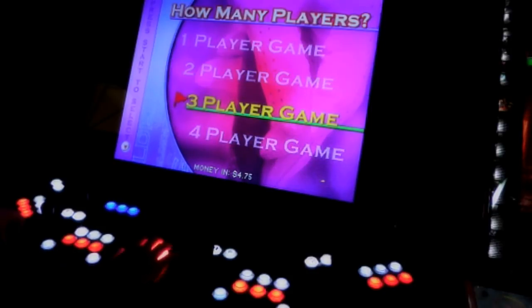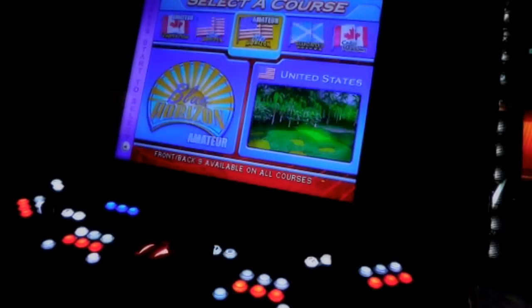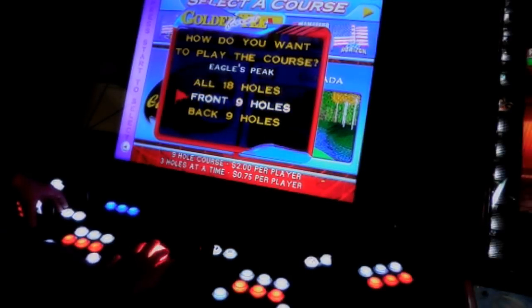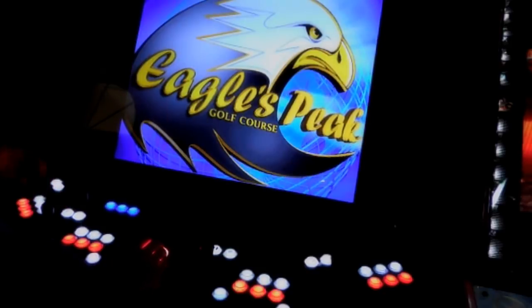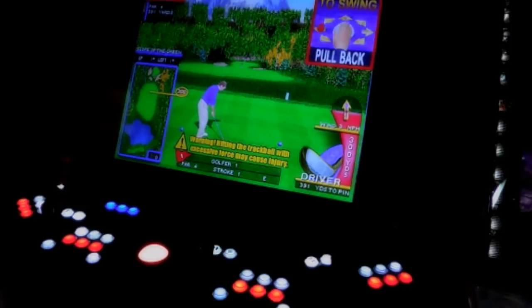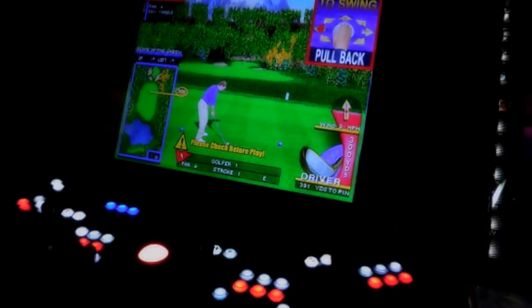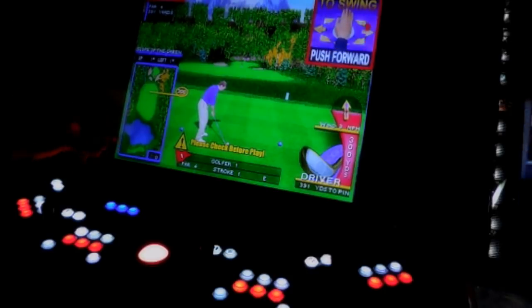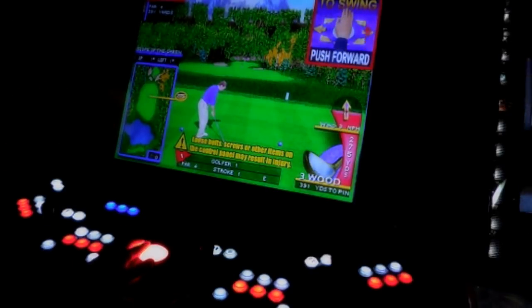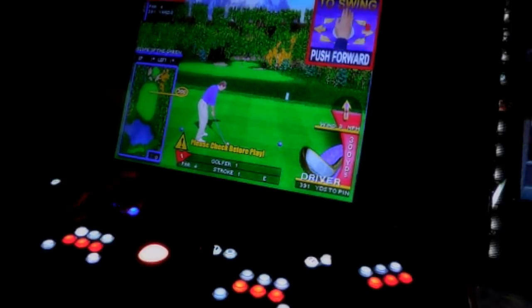So scroll up and down to select, and then we're going to just pick a course that we want to play, which is wherever it lands. We'll hit that course. Pick if you want all 18 or 9. Now I can tell you after owning this game, because I like to compare things from the actual arcade game to a MAME version of that game, and the ones I played before were so delayed you could barely play. This is literally no different than playing on the actual Golden Tee Complete machine